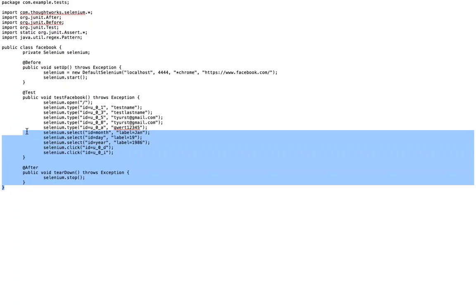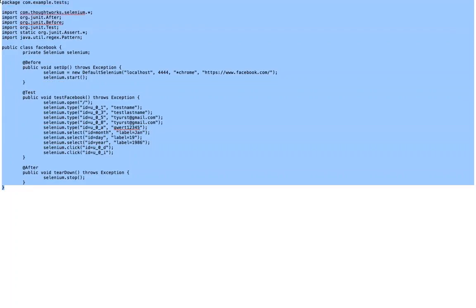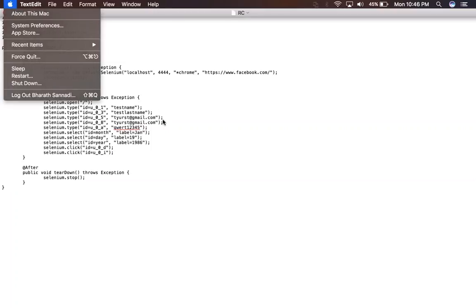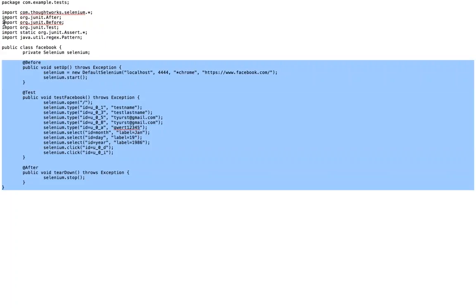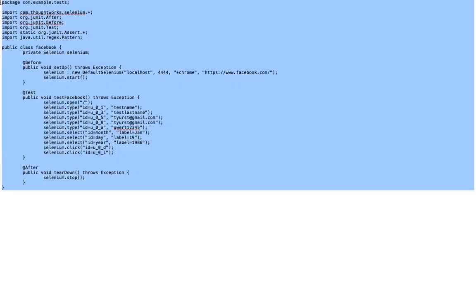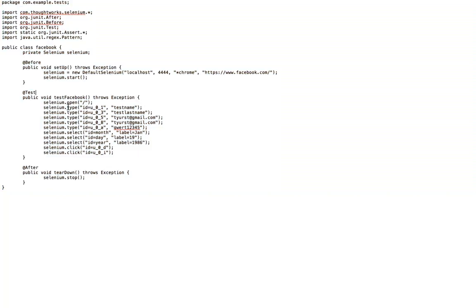So it's almost looking like the keywords that we have used in the Selenium IDE. This is RC code, so it almost looks like the way that we have written in the Selenium IDE, but with a different way to launch Chrome and so on. But this is already obsolete, so you don't need to use this anymore. But why I am showing this is that it's a different code.